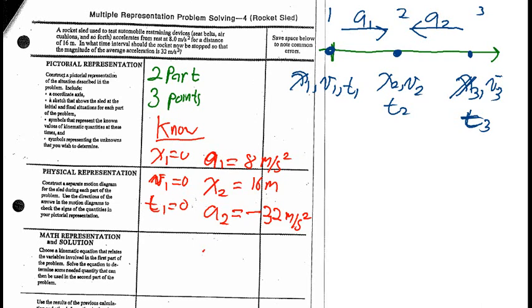Alright, we want to find, it says, the time interval that the rocket be stopped so that the acceleration has this value. So that's essentially the value t3 minus t2. That's how long the second part of the experiment takes. Okay, so now we're in a position to go ahead and start solving the problem using our kinematic equations. So let's move the paper up a little bit here, and